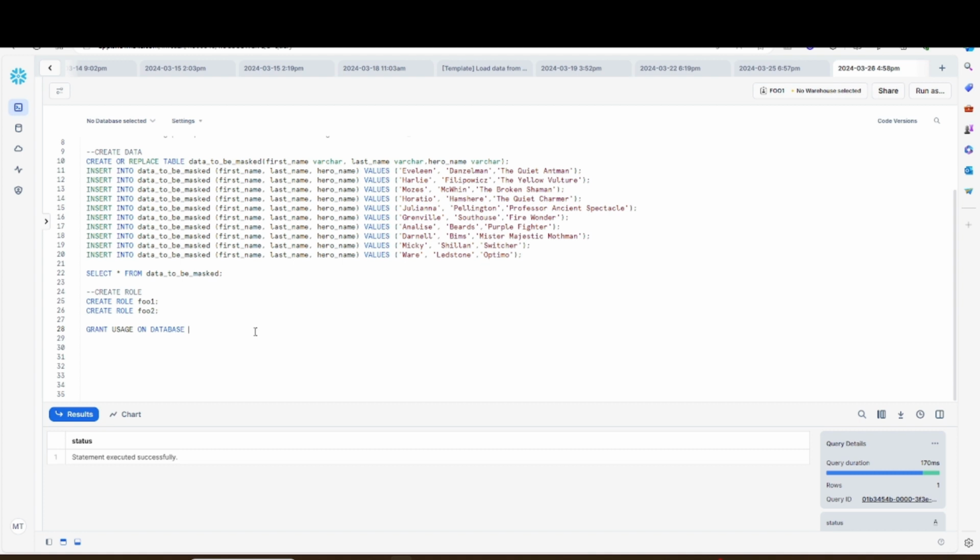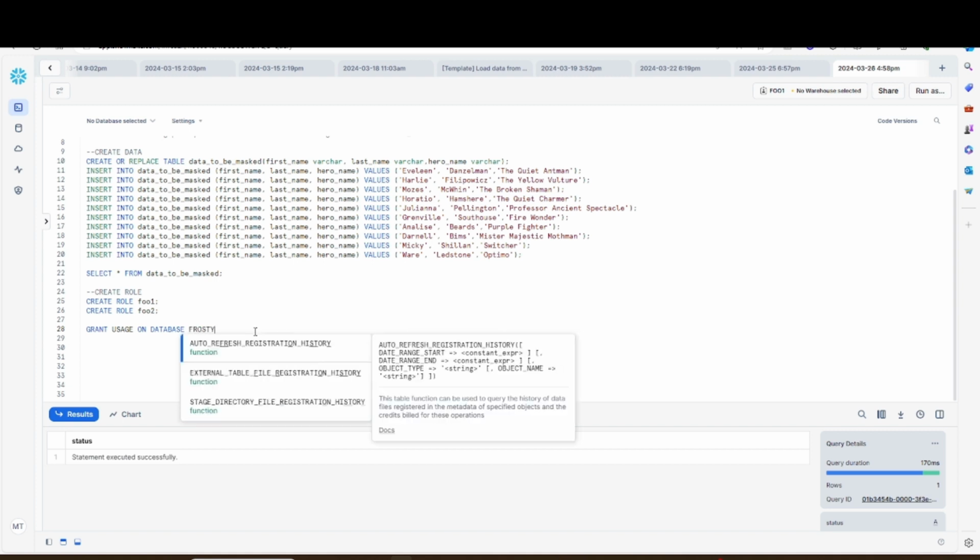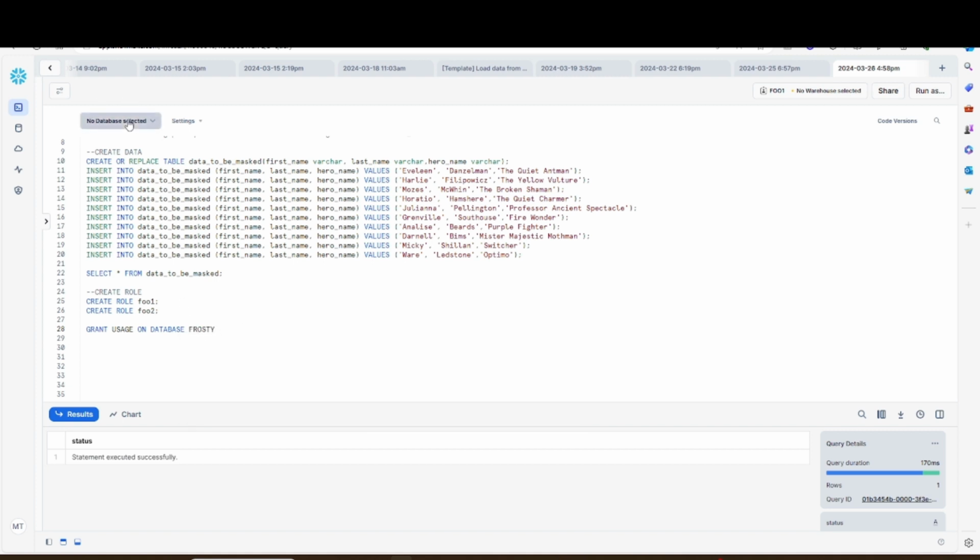So we start from database, schema, and then after schema, we just say the usage command on database, schema, and warehouse, and we give it a select command, which is a read command, on all the tables, right? So we say grant usage on database. The database is called Frosty, right? Let me switch this to